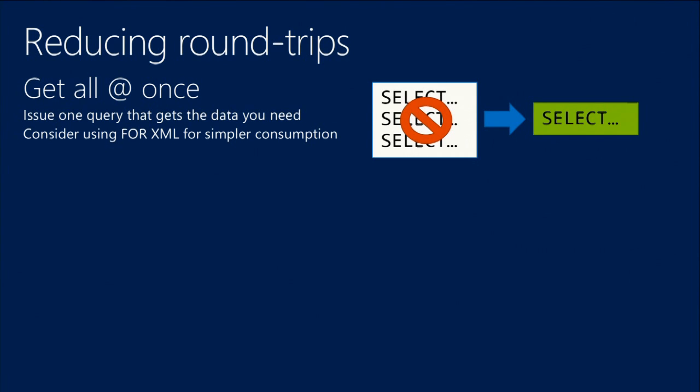So the classical example is that lots of the old apps use a lot of cursors, right? You open a cursor and you request row by row. That will just kill you in the cloud. It will perform horribly. But even if you execute a bunch of select statements, it's better if you could execute just one and get all of the results at once. So